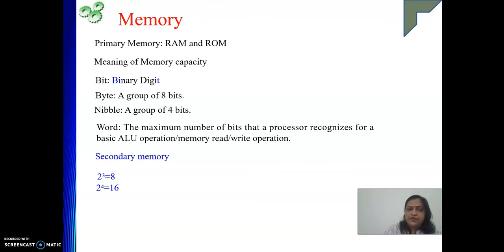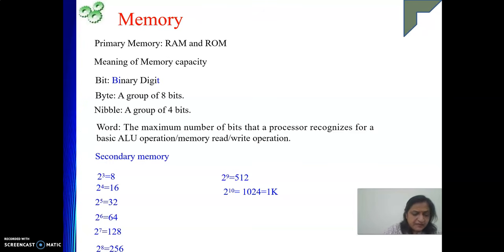So how many bits do you need? For that, we require 4 bits to represent our address. So because of that, I'm telling this. Then 2 to the power 5 is 32. And we need to remember this because later on while doing numericals, maybe in this course, maybe in operating system, this is required. And we cannot afford to make mistakes, right? So 2 to the power 6 is 64, 2 to the power 7 is 128, 2 to the power 8 is 256, then 2 to the power 9 is 512, then 2 to the power 10 is 1024.